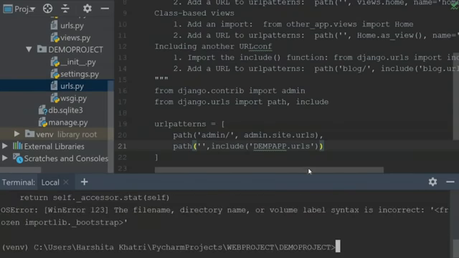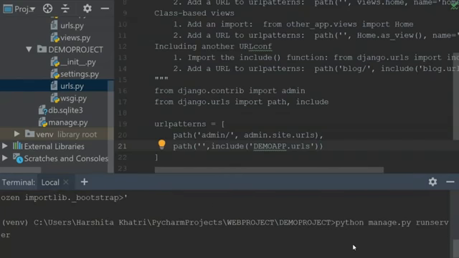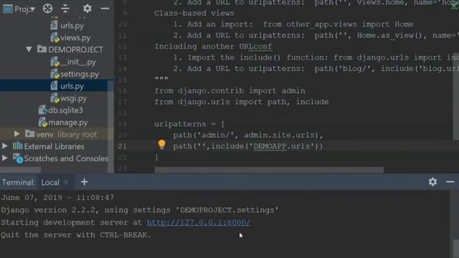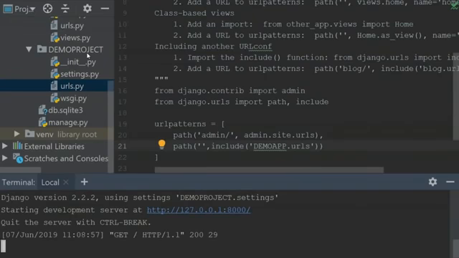So after this, let me just go to my terminal and use python manage.py runserver. I've just made a name mistake. This is demo app. Okay, so as you can see over here, it has returned the IP address again. I'll click on this IP address. Congratulations guys, instead of that rocket which we were seeing previously, which was the default page, my website is displaying whatever I want it to display. So this was the message I wanted to display on my home page, and it shows that this is my home page.